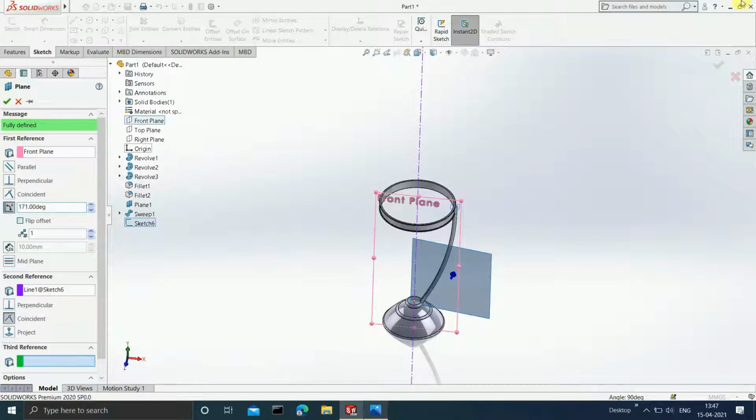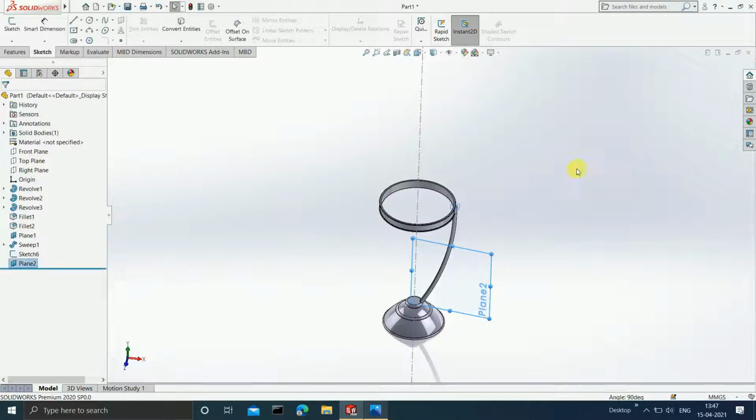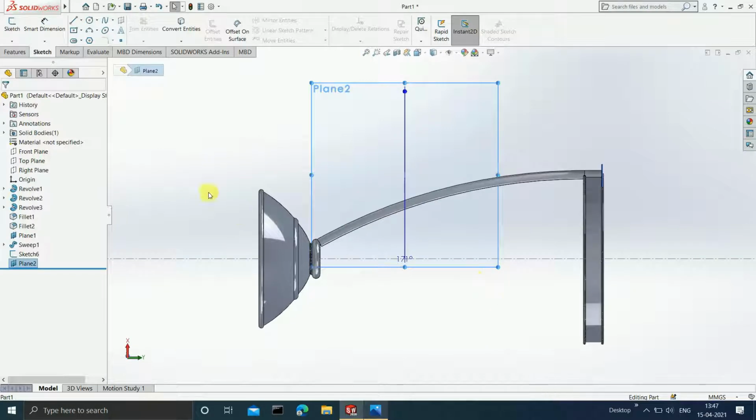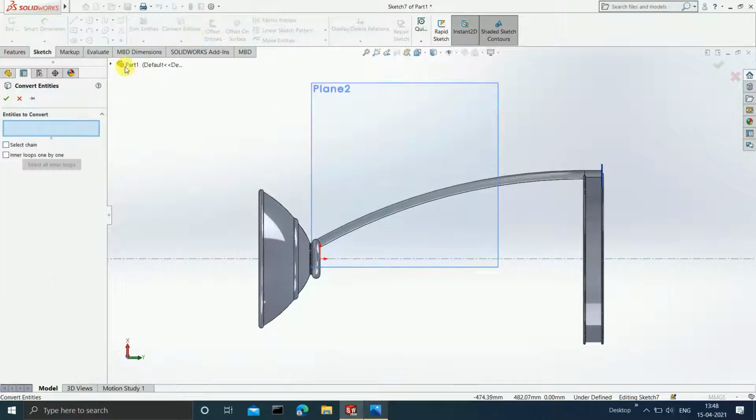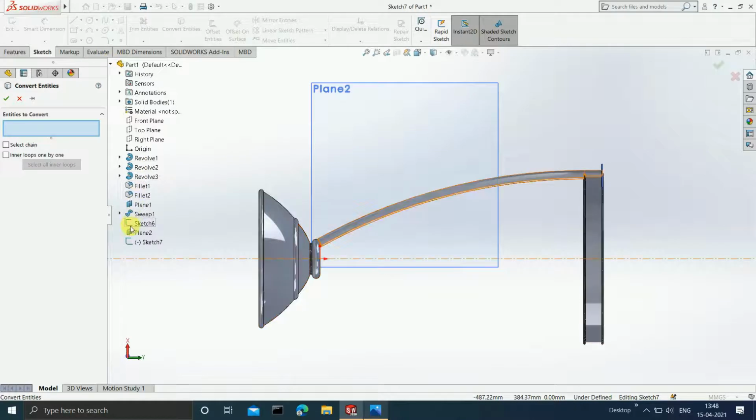Okay, after this thing is done, then now you can click on OK. Now select this plane, press Ctrl 8, and on that click on sketch. Now once this is done, the next thing that you have to do is to make use of convert entities, and using convert entities you have to select the sketch.